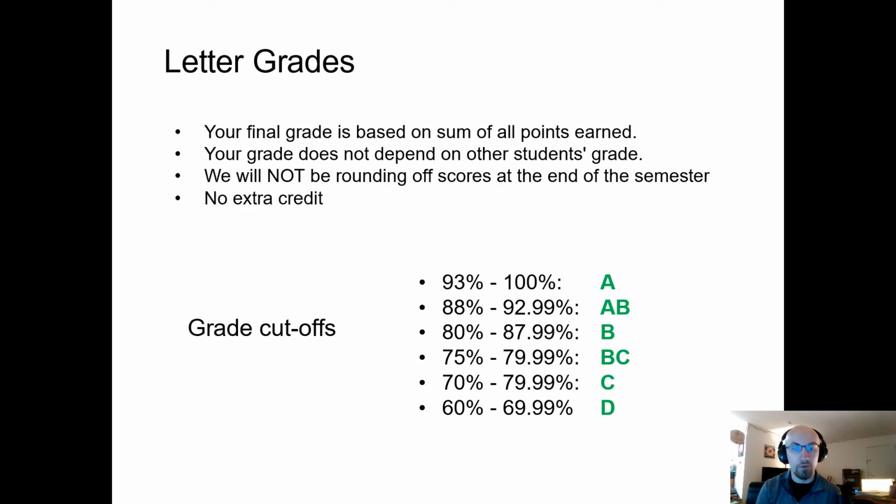Letter grades are pretty straightforward in this class, so what you see is what you get. If you get 94%, you have an A. If you have a 92.98%, that'll be an AB. These cutoffs are strict, and we will not do any curving either up or down. So you'll know by looking at your grade what score you'll be getting when it comes time to submit those grades.